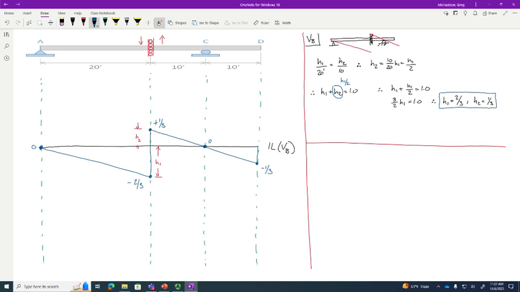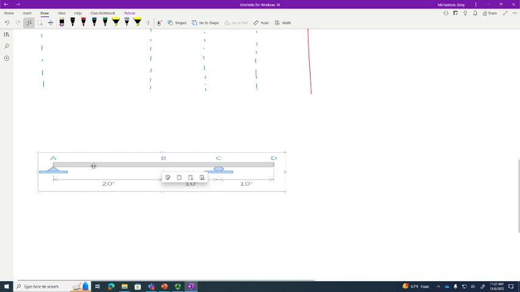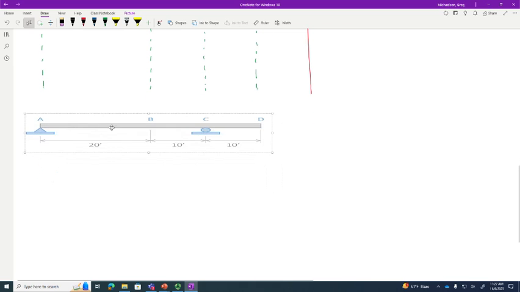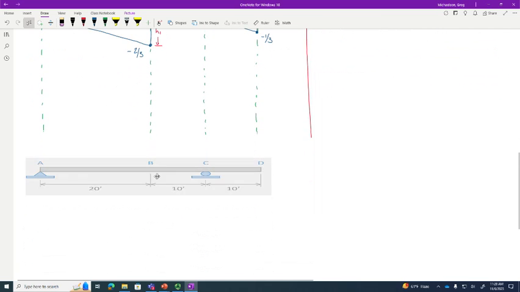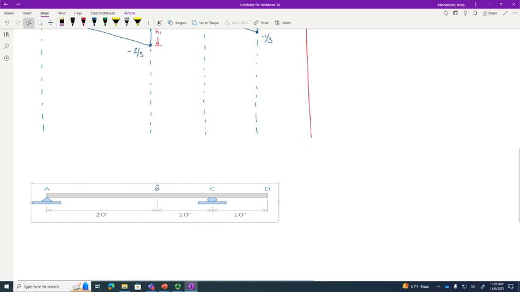Boom. Influence line, done. Pretty easy, right? Okay. Let's do the next one. All right. Now the next one, I'm going to cheat a little bit, because I want to have a beam image that's readily referenceable. So I'm going to put